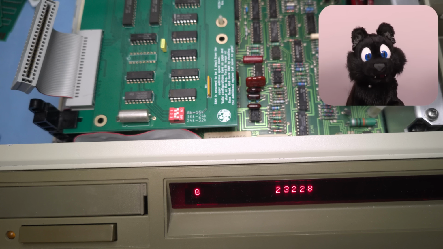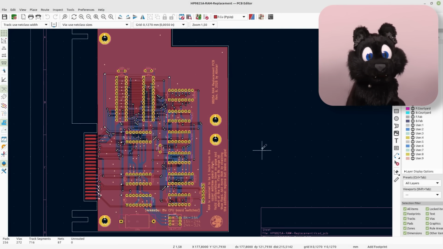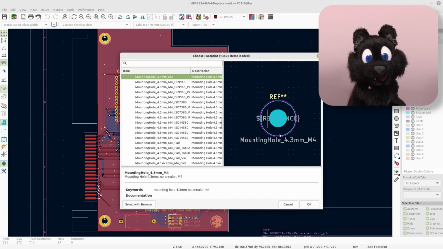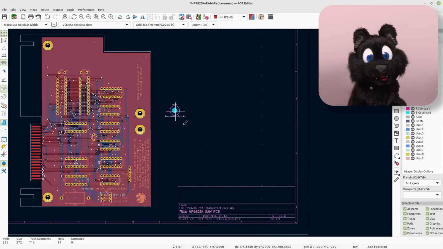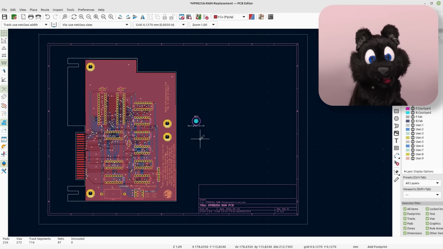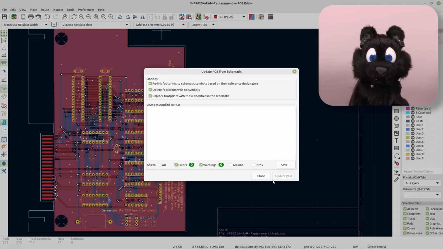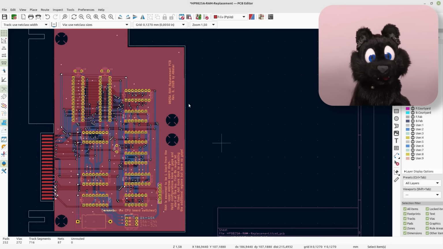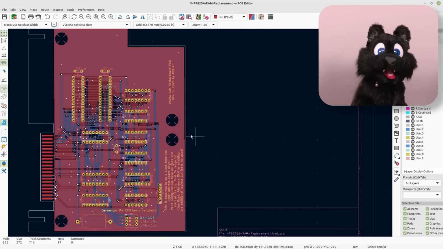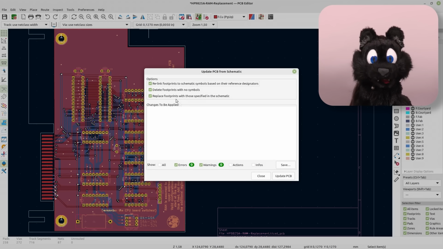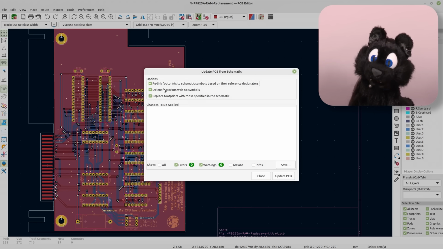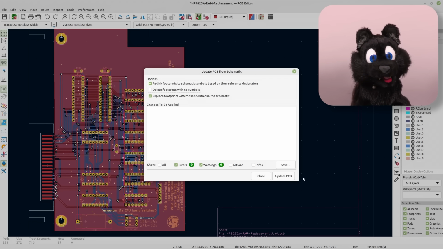And here's another KiCAD gripe. I need mounting holes in here for very specific locations, so I add them from the footprint library. No problem. But when I update the PCB from the schematic, they get nixed because they aren't part of the schematic. So to prevent that happening a second time, I deselected the Remove Unused Components option, and that led